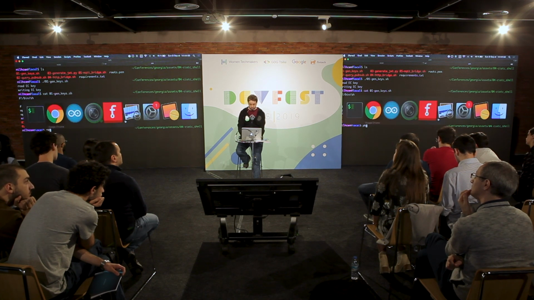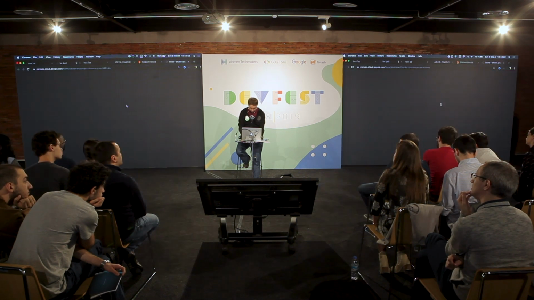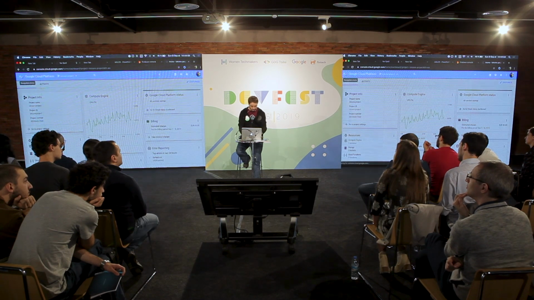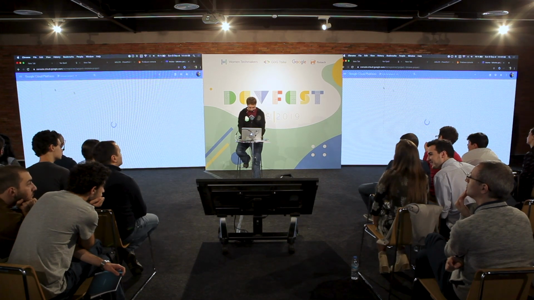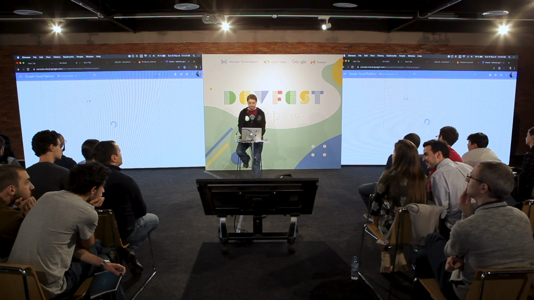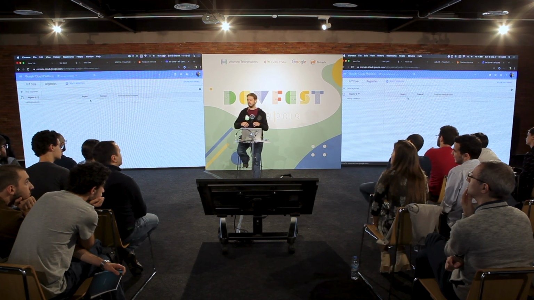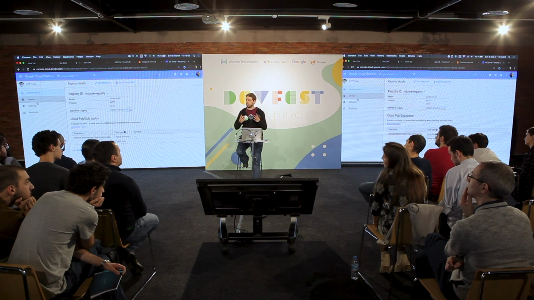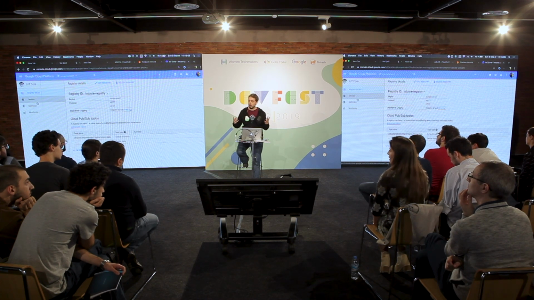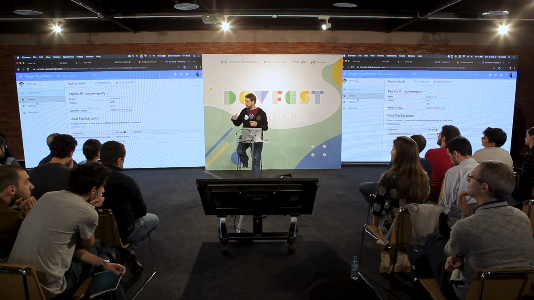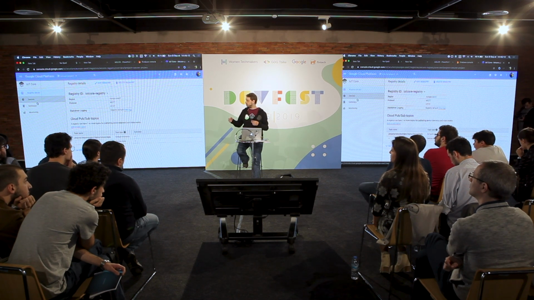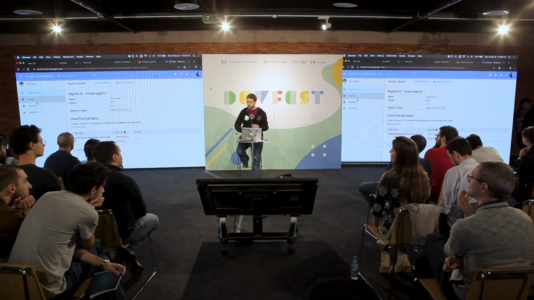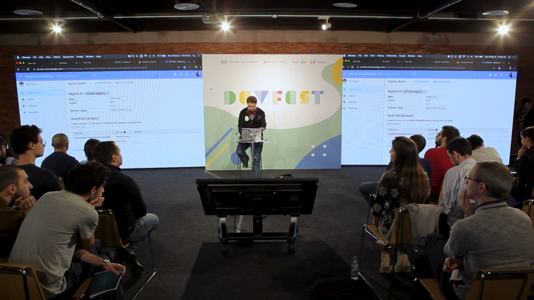I will go to the Google Cloud Developer Console, then to Cloud IoT Core, and then I will select a registry. A registry is like a bucket of devices. It's a bunch of all your devices. If you want to create your own temperature sensor and sell it to the world, you can just create a registry called temperature sensor, for instance.